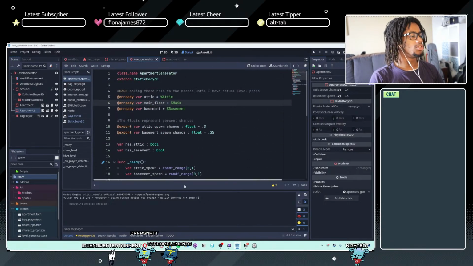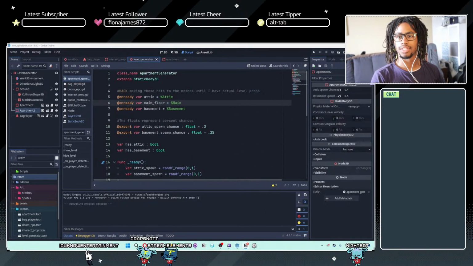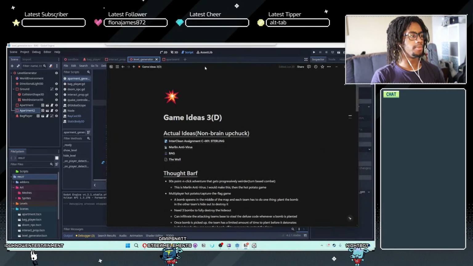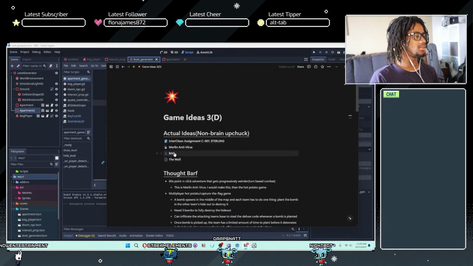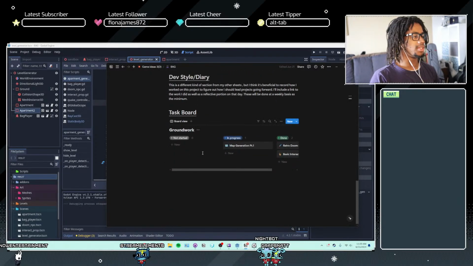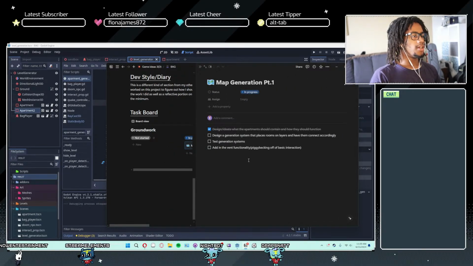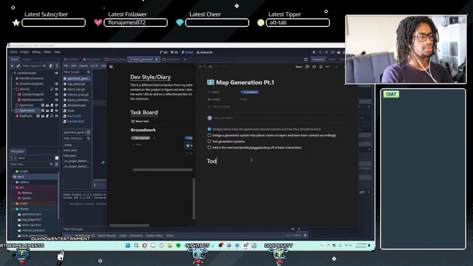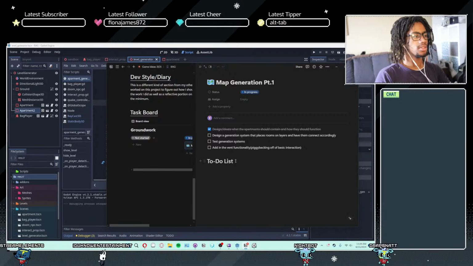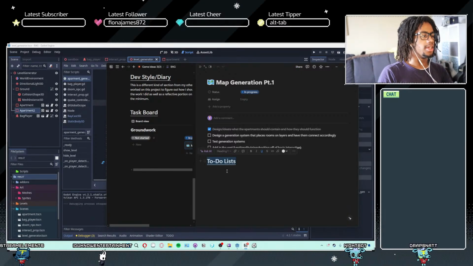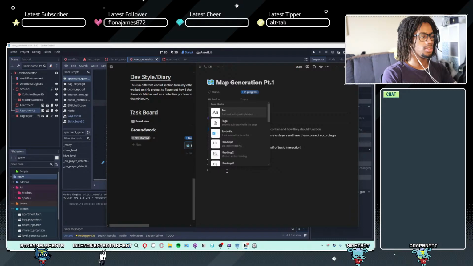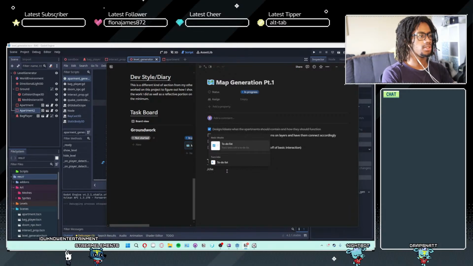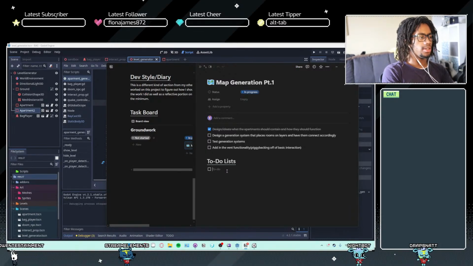Okay, so what I need to do, and let's actually think about this today, because I have a task sheet I usually write. This is my design sheet here. We have a task board from that. So we're gonna create a new section inside of our task list. We're just gonna create to-do lists. I always forget how you're supposed to format the word to-do in a to-do list. And what we're going to be doing for this is, let's add some check marks. We need to add an open